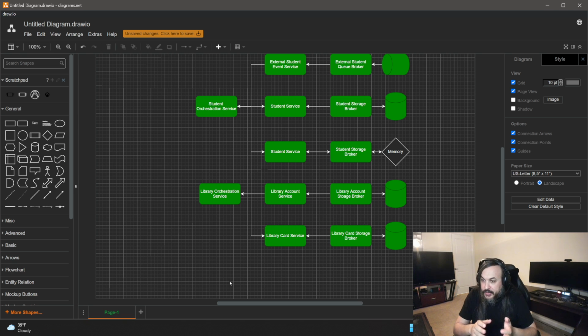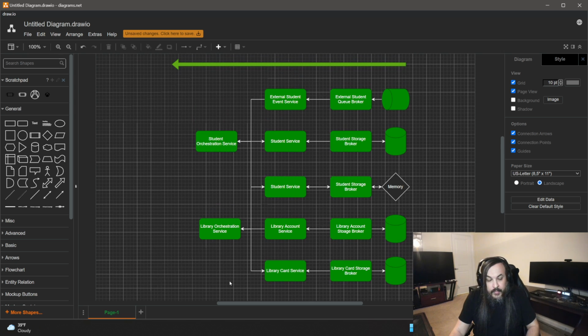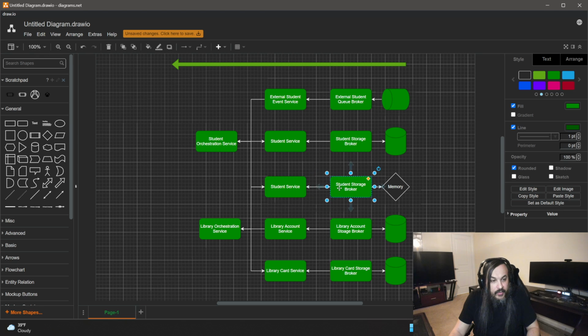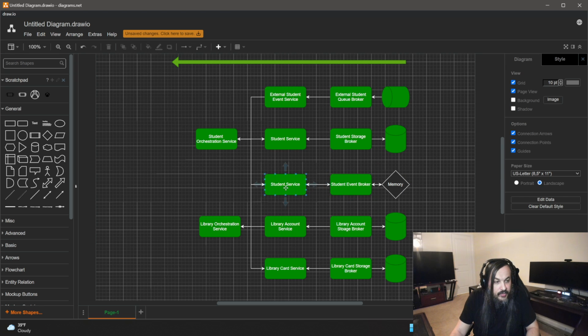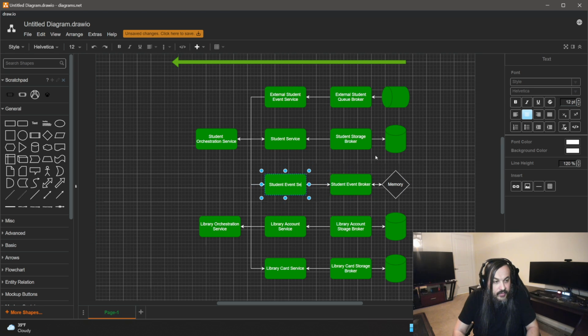Why is this model interesting? Because this model basically allows you to continue to scale vertically. You can continue to scale in that direction this way without having to think about having three moons lined up in terms of coordination and management and all that kind of stuff, right? Let's talk about that for a second. So, okay, you have your student, this would be a student event, truly just a student event broker, and this will be your student event service, right?